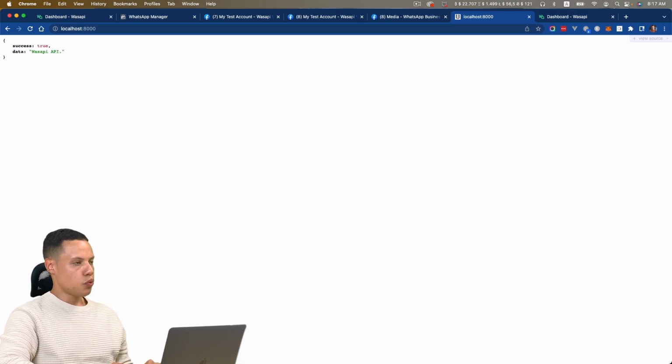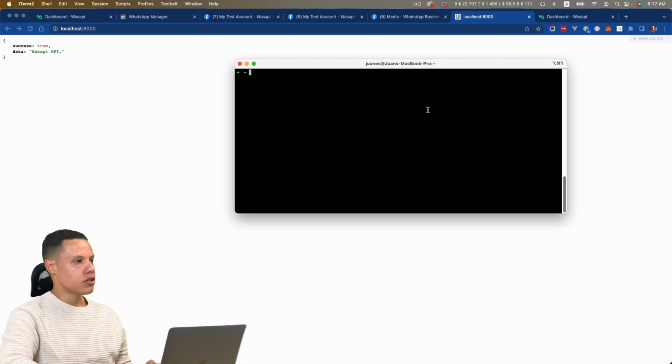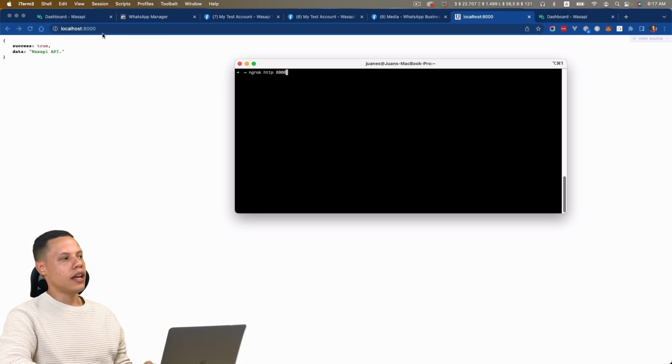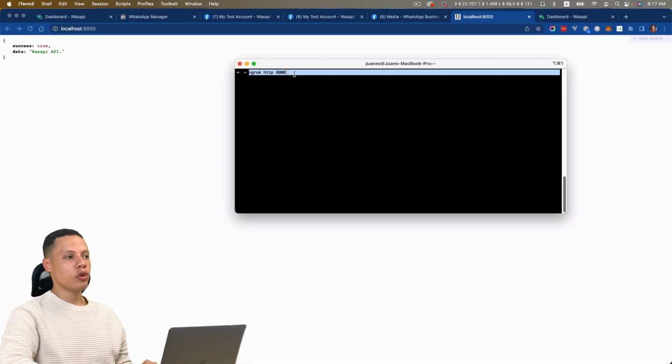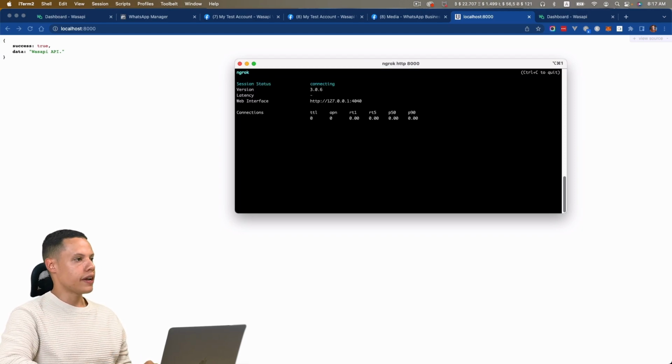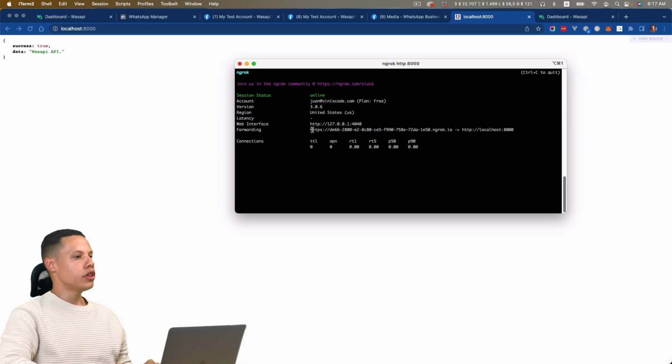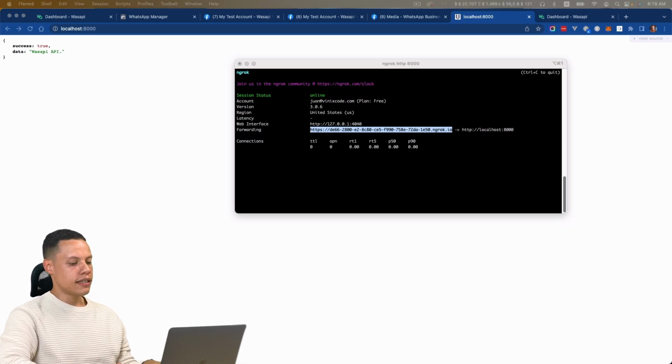And the first thing that we are going to use is the tool that I mentioned, Ngrok. And basically you just have to install Ngrok in your computer in case you don't have it. And if you notice here, I have the server running in the 8000 port. So what I'm going to do is create a tunnel, an HTTP tunnel using the port 8000. So if I type this command, you will notice that here I have this URL. And basically this is a public URL, so this is a URL that people